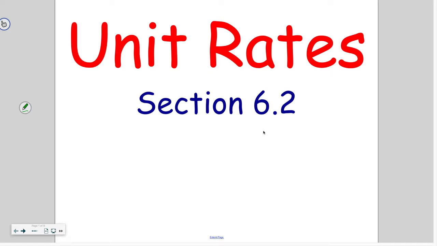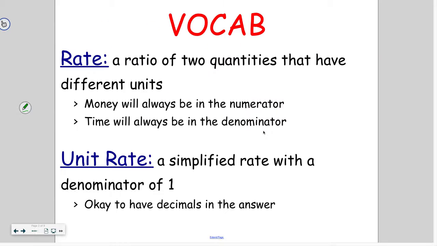Hello class, today we're going to look at section 6.2, which is addressing unit rates. A rate is a ratio that compares two quantities that have different units. So yesterday at the end of the lesson we were talking about comparing 8 ounces to 3 pounds. Those two had different labels, so we wanted to convert them. Today we are not going to need to convert them because we are okay to have different units on our